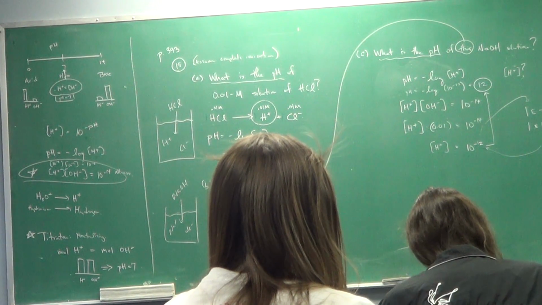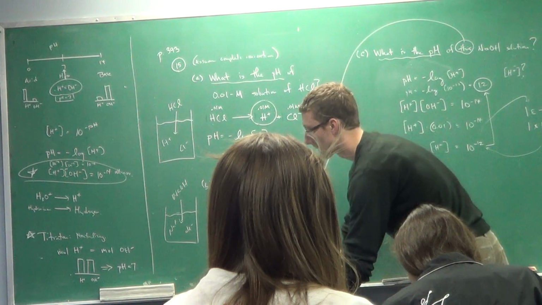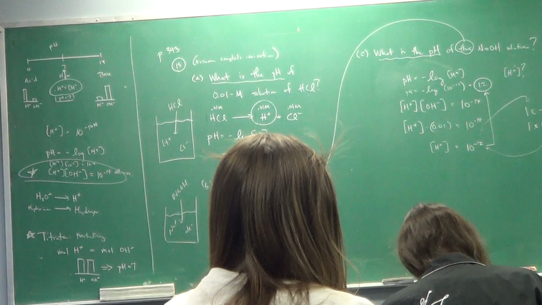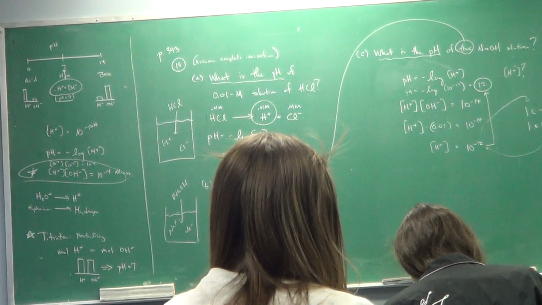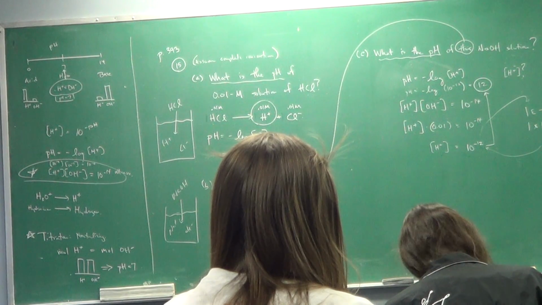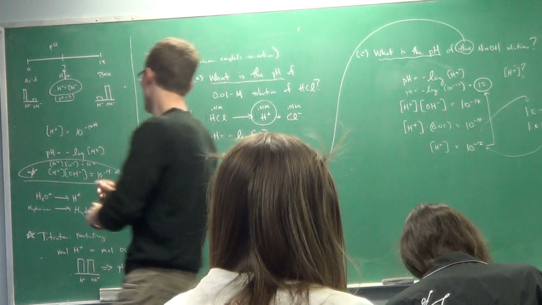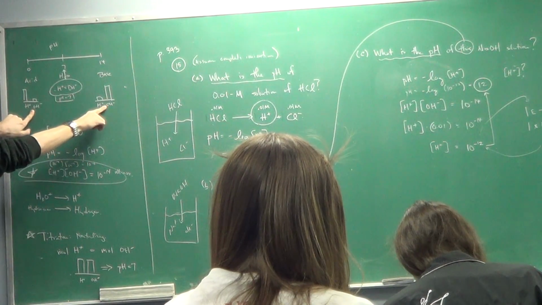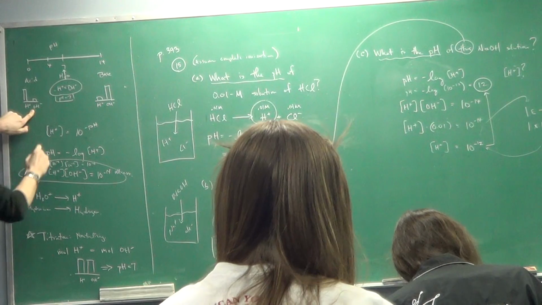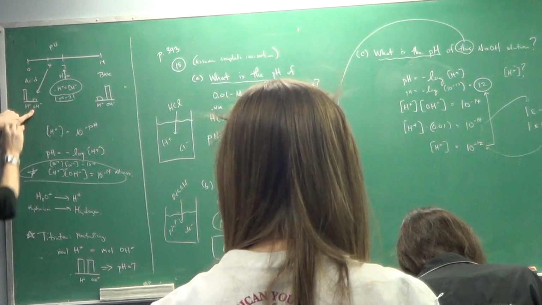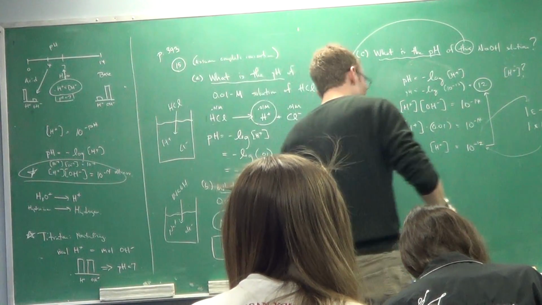To address what Jordan was confused about earlier, and presumably she's not the only one, we can only say that the hydrogen ion concentration equals the hydroxide ion concentration at a neutral pH. If we are not neutral in pH, we're in one of these scenarios. And we know already from the beginning of this problem that our pH was 4. We're in a hydrogen ion heavy solution. So when we come over here,